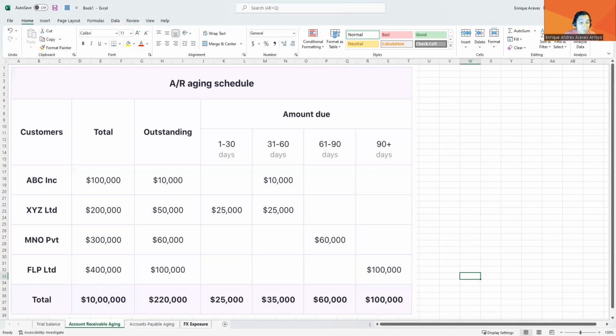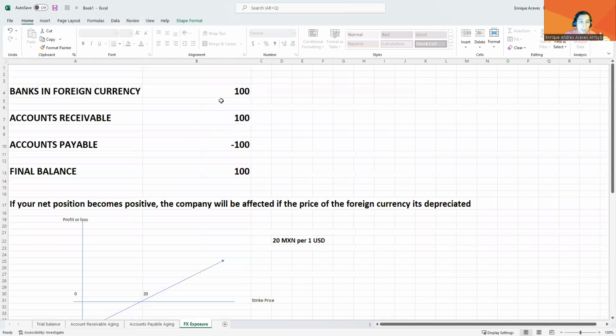So you have to know the full amount of all the customers that owe you in another currency, like in this case US dollars. You will have to add up all the balances in US dollars. For example, if all the customers that are based in the US and owe you in US dollars total 500, you will have to do a